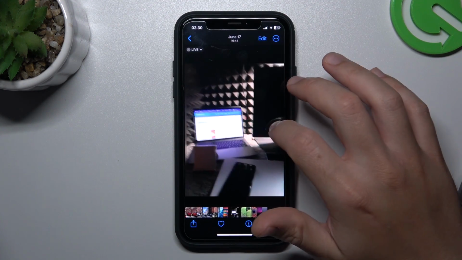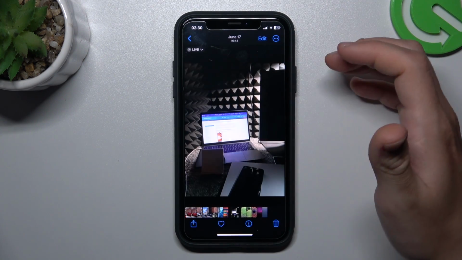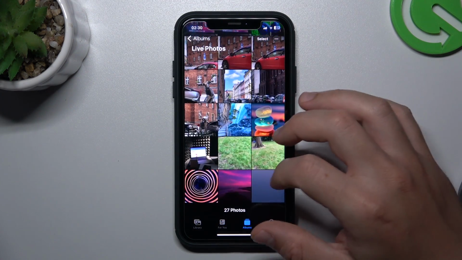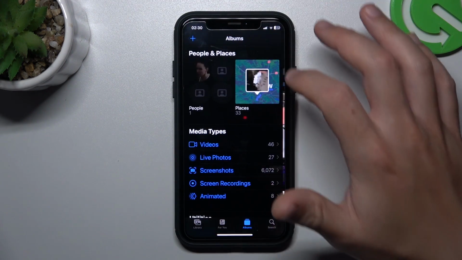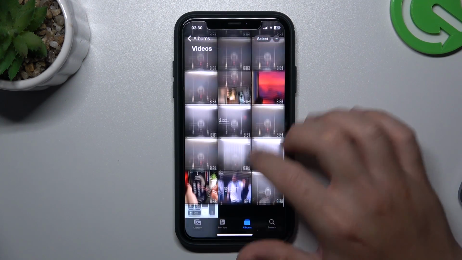Oh, sorry, this is the loop, so we have to choose the live. Click on the three dot icon and choose as a video. And that's it. Now we have a new video file, we can check it in the albums. And as you can see, this is our